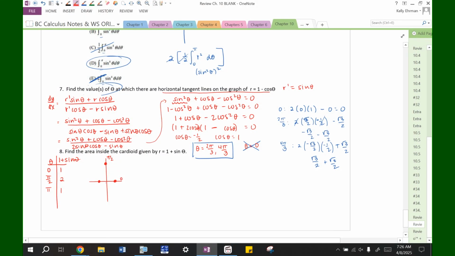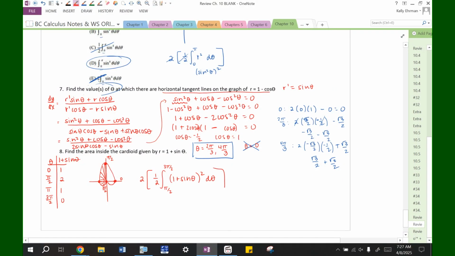So I need to figure out what brings it back to 0. So let me get 3 pi over 2. That gives me 1 minus 1. So far, it's going to look something like this, and then it'll come back around. So I don't want to start at 0 and go somewhere because 0 does not represent half of this heart. I want to start at pi over 2 and find this area and then just double it. So 2 times the area from pi over 2 to 3 pi over 2 of r